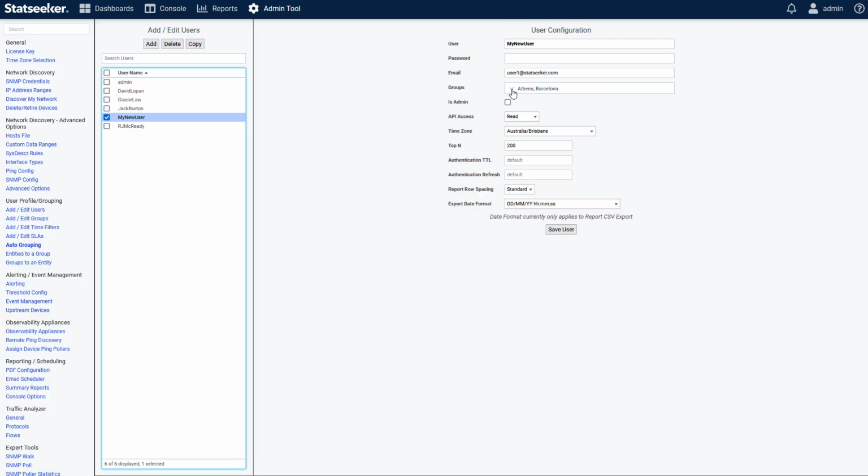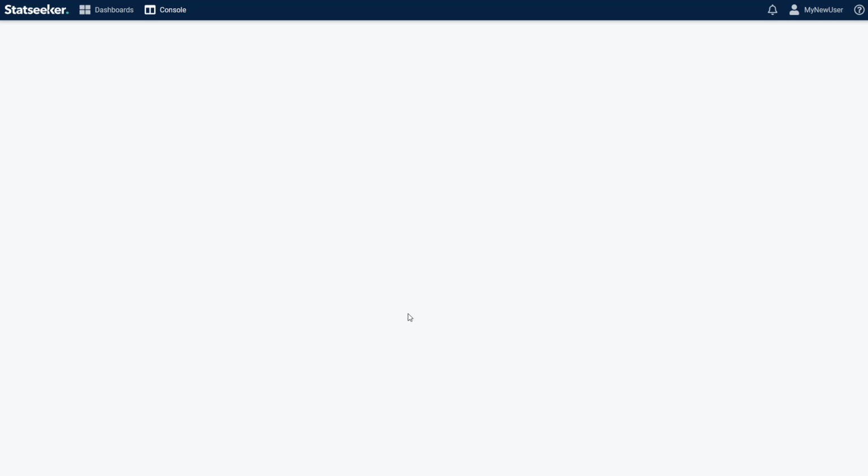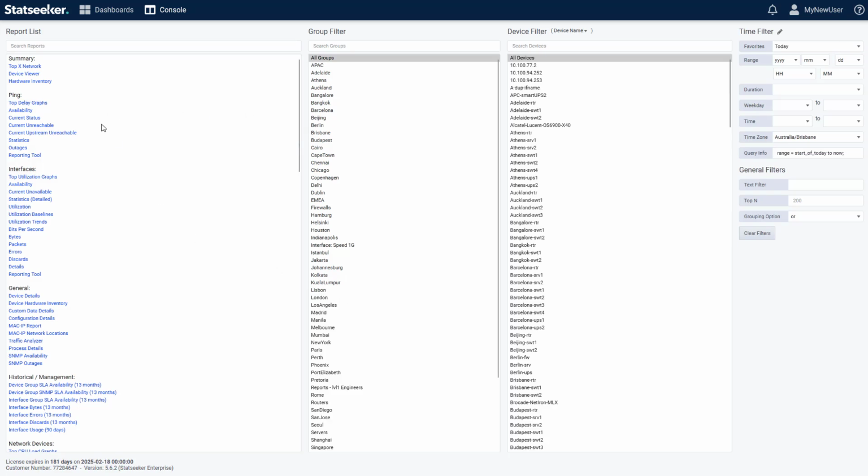There's another groups related setting available to both group and user configuration, and that's the all groups option, which we saw previously. All groups isn't actually a group, rather it's a flag that grants the user permission to access all the data on the server: every report, group, device, interface, everything. If new groups or custom reports are created or new devices added to the network, users with all groups will have access to the new entity without an admin user needing to go and adjust the user account to group